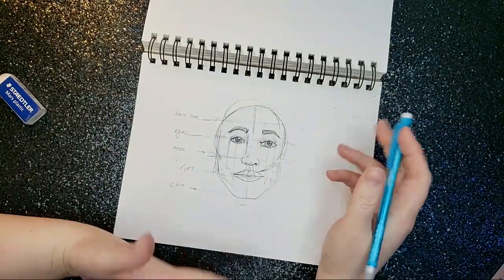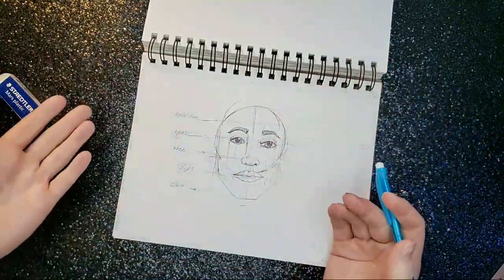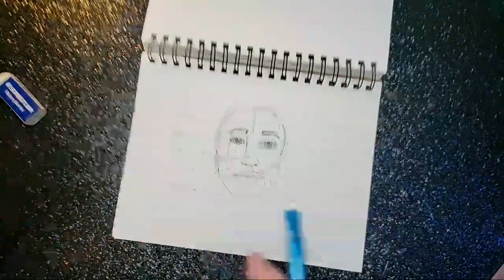And there's lots of different ways to change the race of a face, and that could be something we get